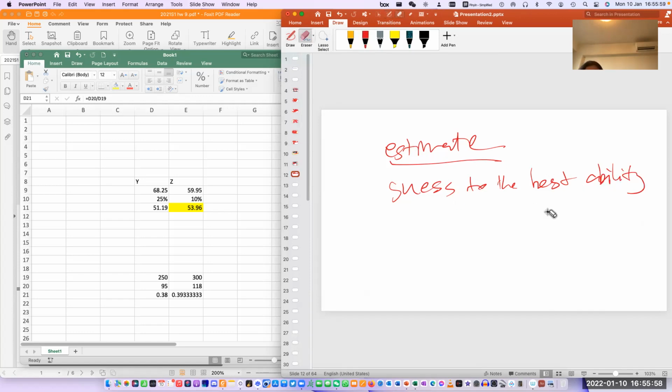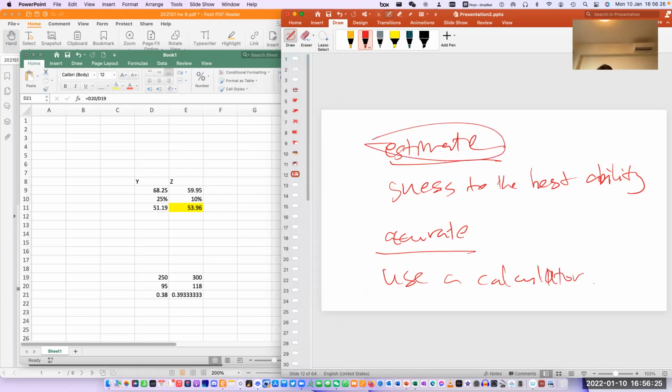Okay, guess to the best of your ability. You can only guess to your best ability. If you want the most accurate answer, you still have to use a calculator. In fact, when you estimate, you want to have a sense. So the objective of estimation is to have a sense